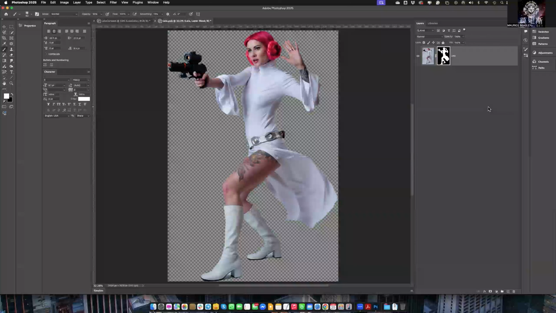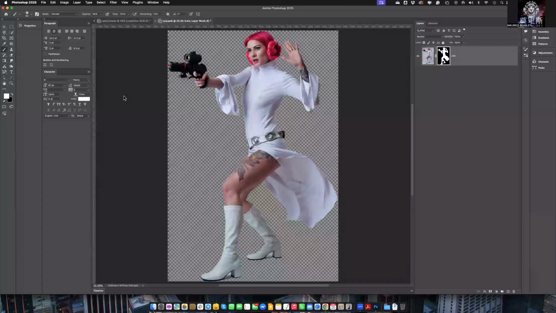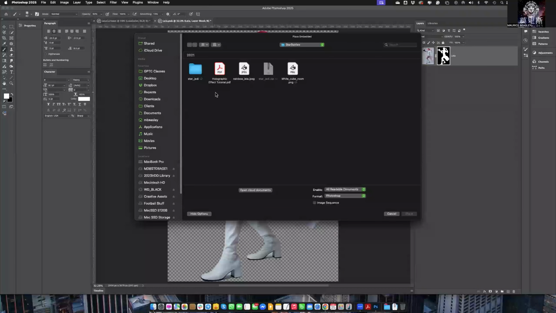Now I'm going to show you something else that's kind of cool that I really dig with this whole thing here. If I go file and I'm going to do place embedded here for this, I'm about to do some inception type of stuff here. So bear with me for a second. I am going to find,